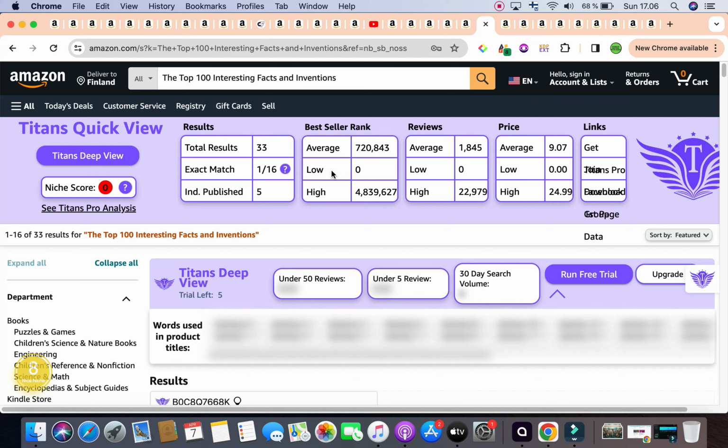But the only thing is, when it comes to the bestseller rank, it is above 400,000. And is that a big concern? What are the alternatives? And is this keyword really worth diving into? Well, in this case, it is